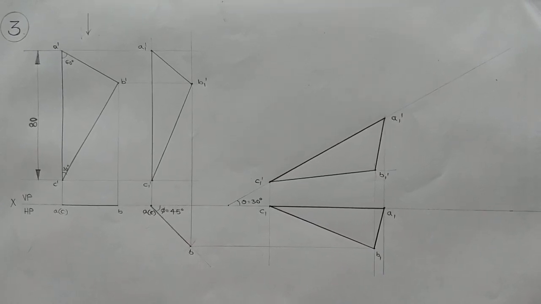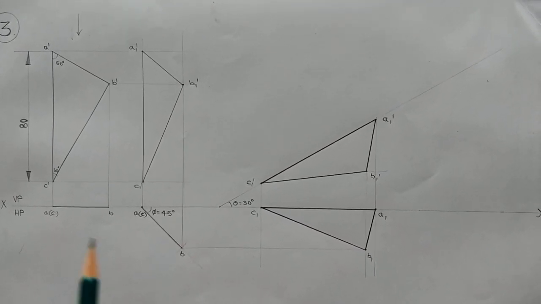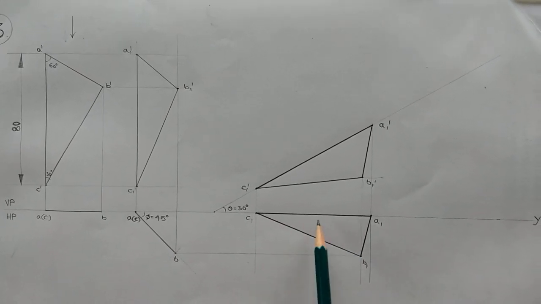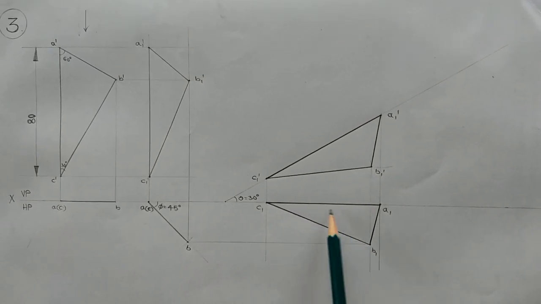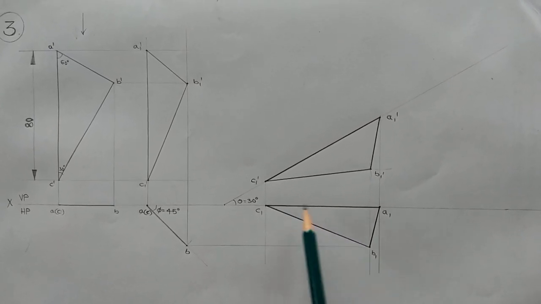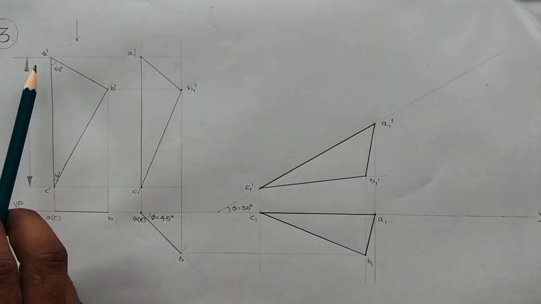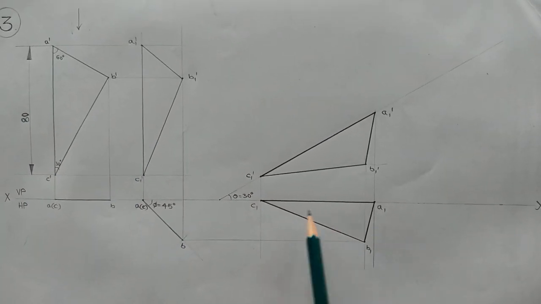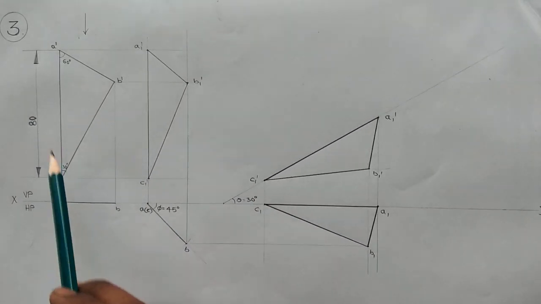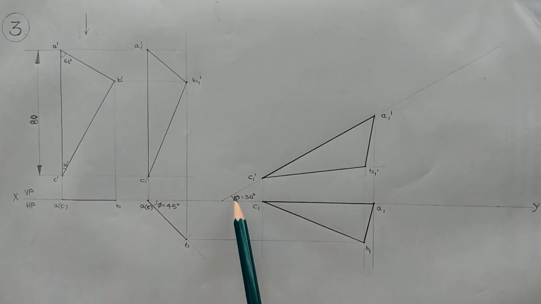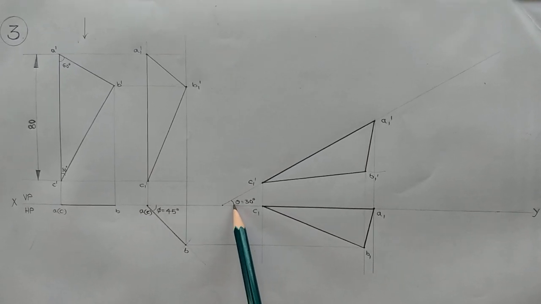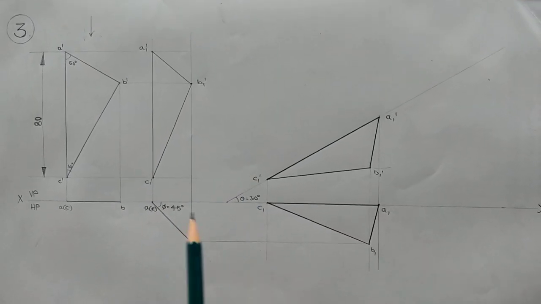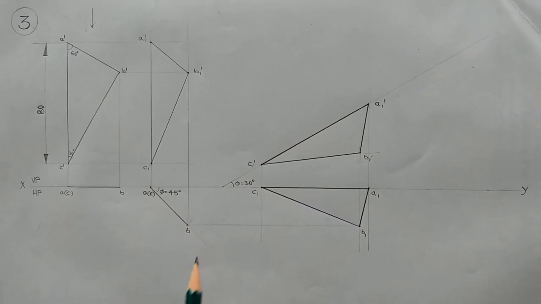And if we observe the final diagram of this particular portion, here at the end of the problem we got AC in the reference line, that means in the vertical plane. This is touching the reference line, means touching the vertical plane, AC. So whatever the portion is there in the simple position left side, that one comes on the reference line at the end of the problem. That is our condition. AC longer edge is in the VP. Similarly, that longer edge is 30 degrees inclined to the HP and our surface is 45 degrees inclined to the VP. These are the given conditions, and finally we got the problem in this way.